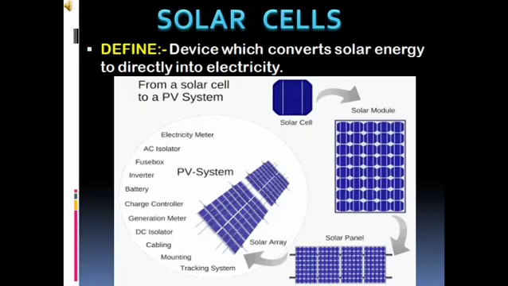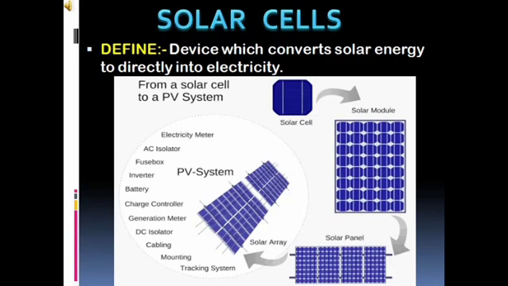Next we have solar cells, a cell which converts solar energy or sun energy directly into electricity. It's usually made from silicon. A simple solar cell consists of a sandwich of a silicon boron layer and a silicon arsenic layer, and the amount of boron and arsenic present in the two silicon layers is very small. A small piece of wire is soldered into the top of the upper layer of the cell and another piece at the bottom of the lower layer.